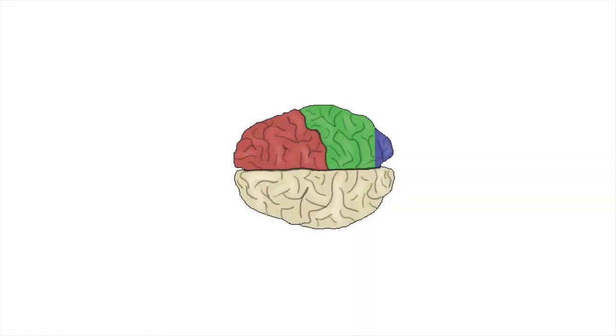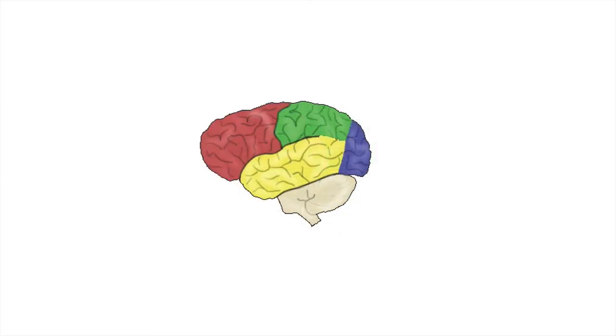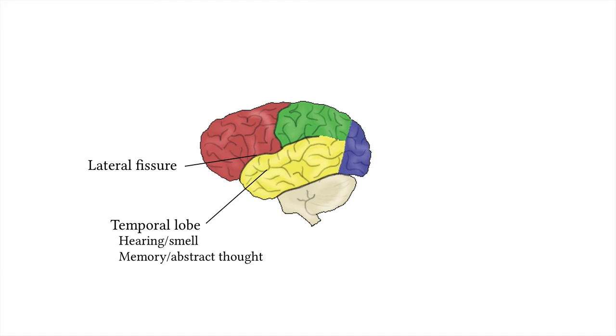It's divided into two hemispheres by the longitudinal fissure, and each of the hemispheres can further be divided into lobes. You'll be happy to know that the lobes are named by the skull bones that are above them. In this side view of the brain, you can see that the temporal lobe is located here, and it's bounded by a lateral fissure. The temporal lobe is responsible for hearing and smell, as well as being involved in memory